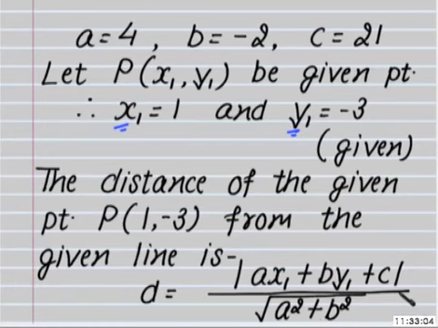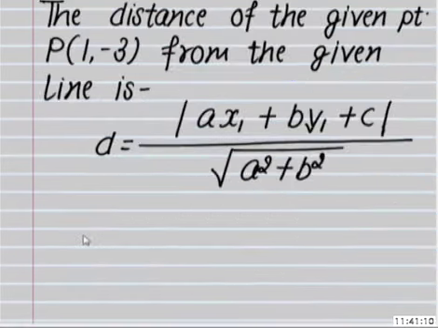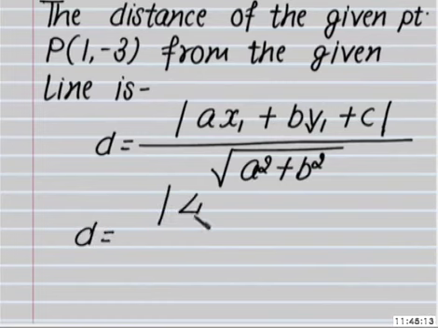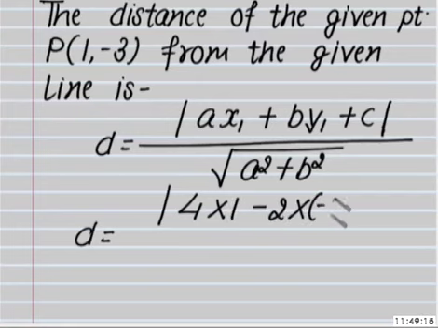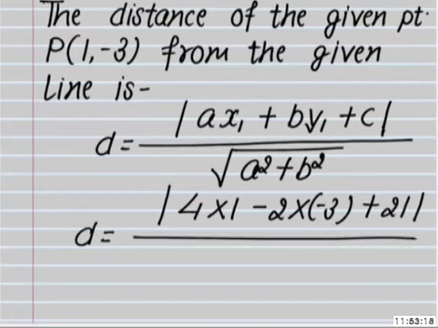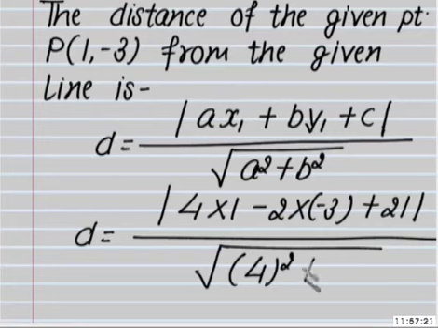So now placing the values of a, b, c and x1 and y1, we get D is equal to modulus of 4 into 1 minus 2 into minus 3 plus 21 upon square root of 4 square plus minus 2 square,